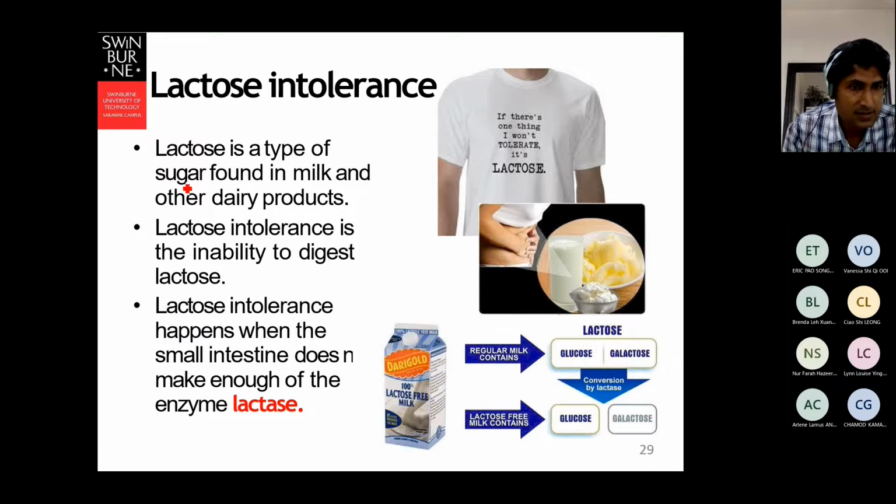So anyway, lactose is a kind of sugar, and when it breaks down, it produces saccharides as well. But some of us do not have the enzyme to break down the lactose in milk, and the enzyme name is lactase. Some people's intestine does not produce enough lactase to break this lactose in the milk